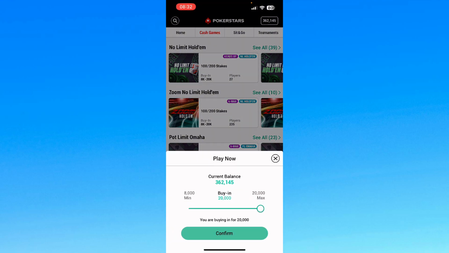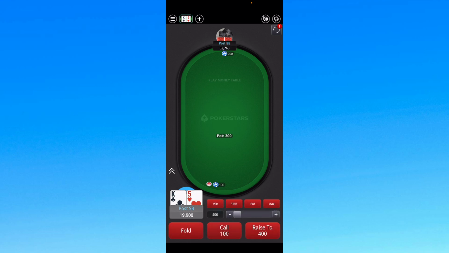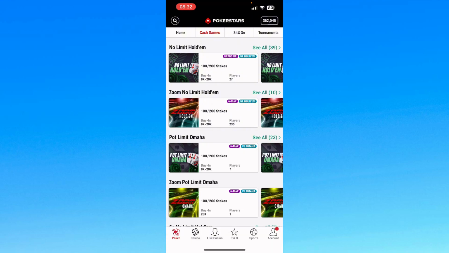I'm playing for play money, and just to show you what your stack would look like, you can see in the bottom left it says Andy Goals. That's my account, 20,000 chips. So what if you wanted to actually view this as how many big blinds you actually have overall in your stack? We can go out of here, leave game, and then go over to the right hand side to the account button,